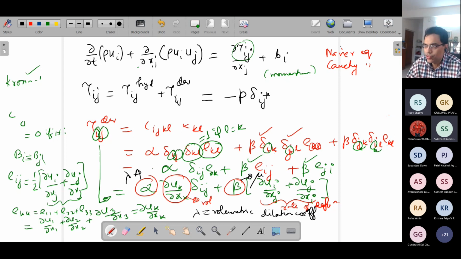This is only normal stress, so normal stress when J is equal to I. Otherwise, the pressure has no shear component. Shear component is J not equal to I. And minus P because positive stress is tensile positive, but pressure by definition is compressive positive. And the deviatoric is lambda